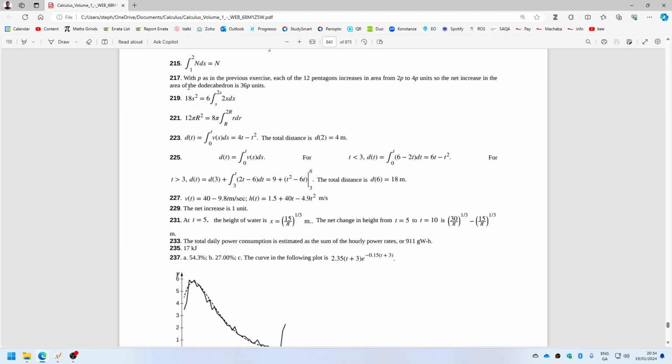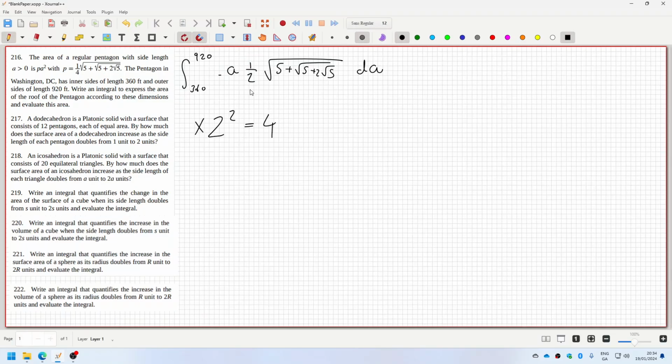So the net increase in the area of 36 to, oh, okay, I might be picturing this wrong in my head. A dodecahedron's surface consists of 12 pentagons, each of equal area. By how much does the surface area increase? Okay, so yeah, it'd be 12 times the integral from 1 to 2,